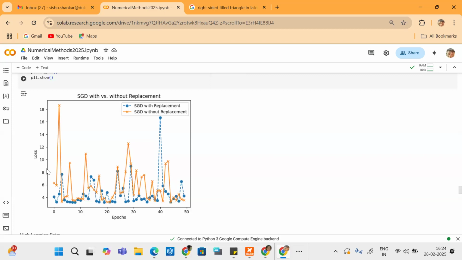Whatever situation you consider, most of the time the orange curve is above the blue curve. Do you agree or not? Of course, at this point it is not the case, but in most of the other cases you can see that